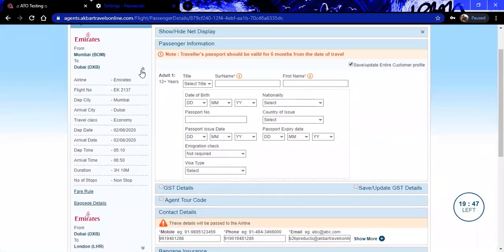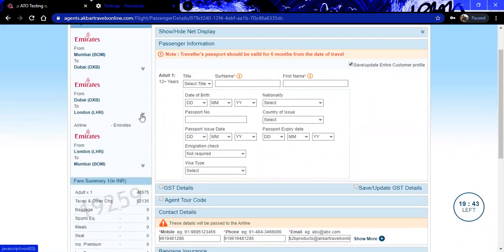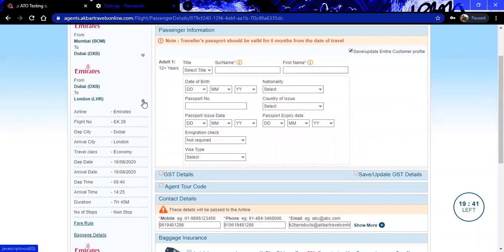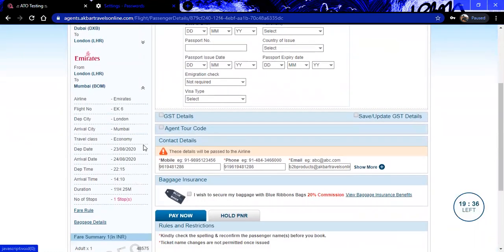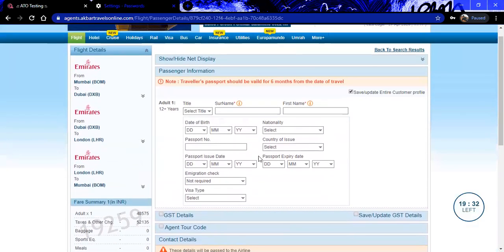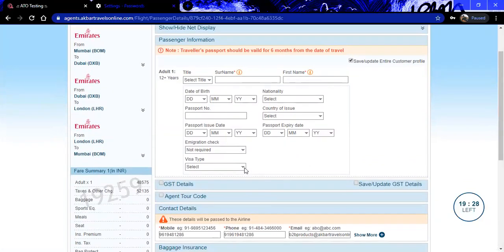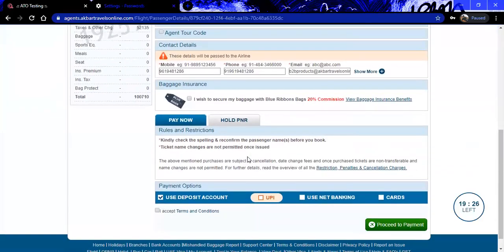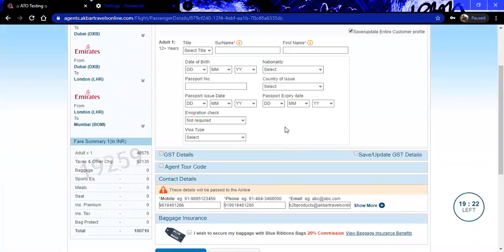If you close down the arrow, it will show the next detail, and closing that, the third itinerary detail is in front of you. Continuing with the fare summary, you have to select the passenger, select the dates and all, and the GST. If you need to hold, you can hold. Again, the same format of booking is in front of you.